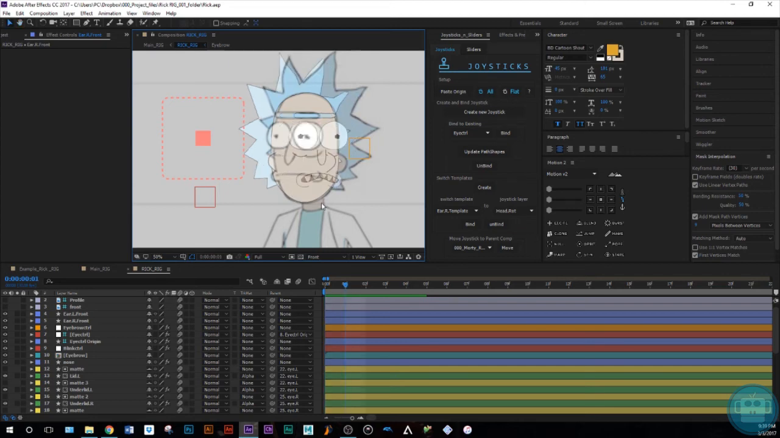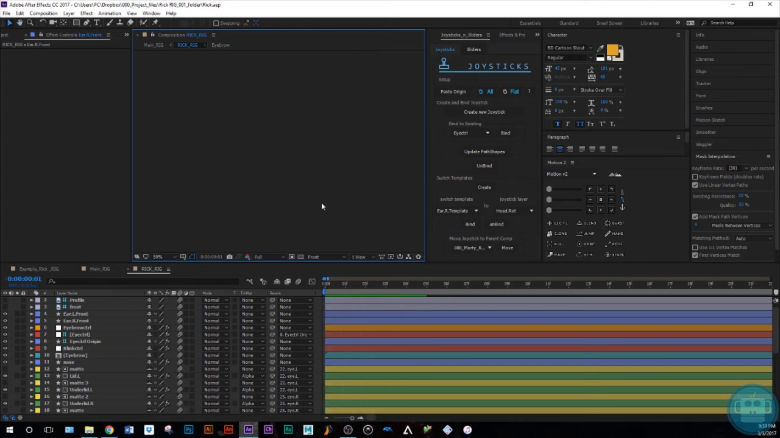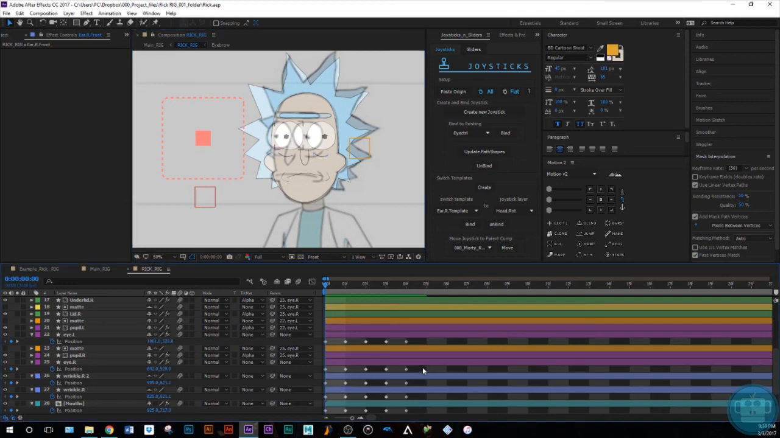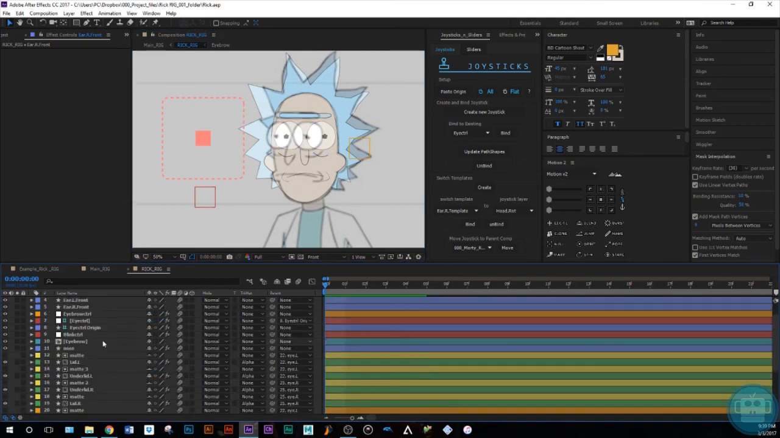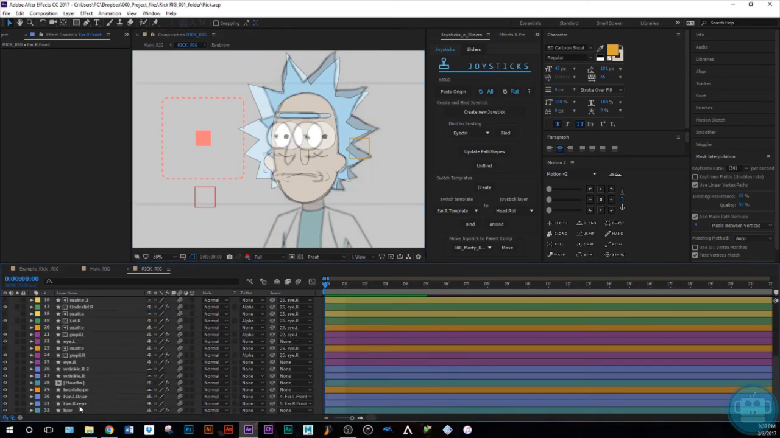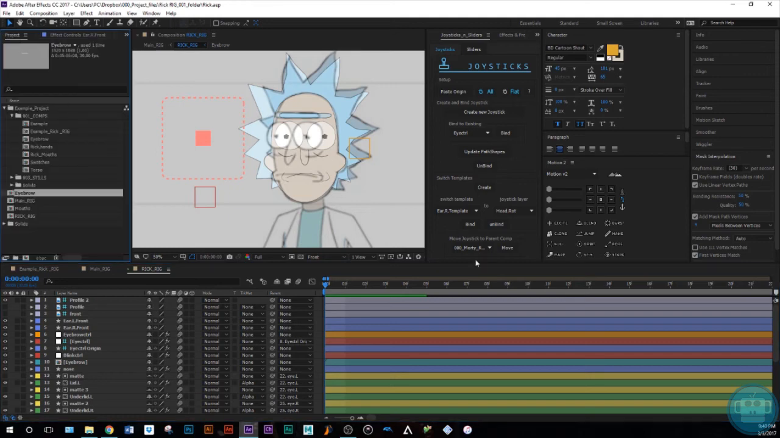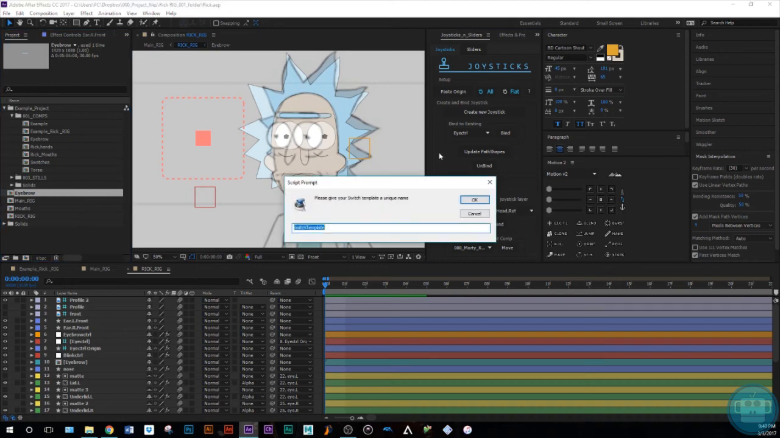Okay, we got this head right here, right? But we need the ears to not be in the front of everything, right? So let's do that. And this is when the rear and front ears come in handy, which we already made. So we're gonna click here on switch template, right? And we're gonna create a new one. I'm gonna call it new ear